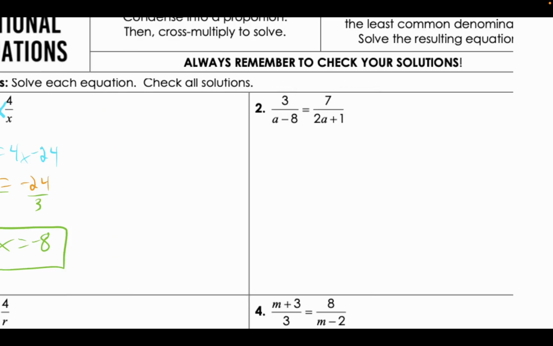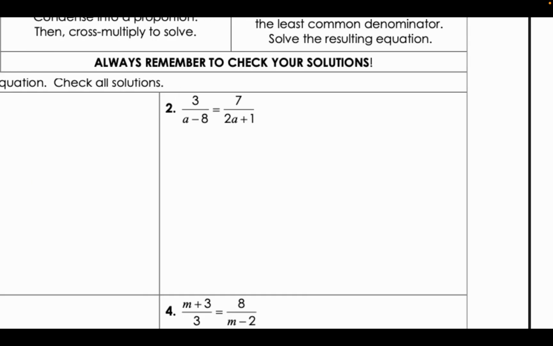Moving on to number 2, we'll do the same exact thing. We'll look to cross multiply. So I'm going to do 3 times 2a plus 1. And once again, I distribute the 3 to all of 2a plus 1, giving me 6a plus 3. Do the same thing on the right-hand side with 7 as well, with a minus 8,